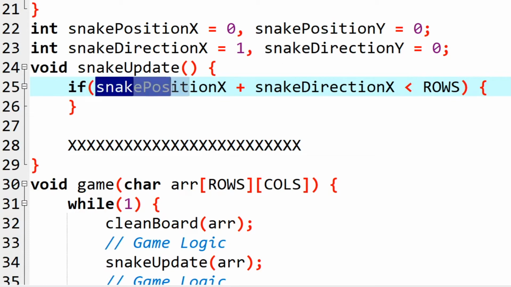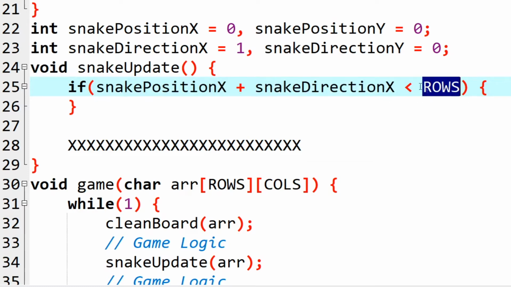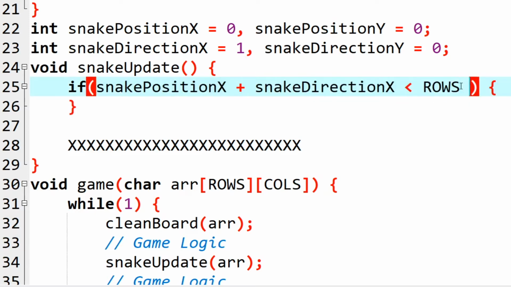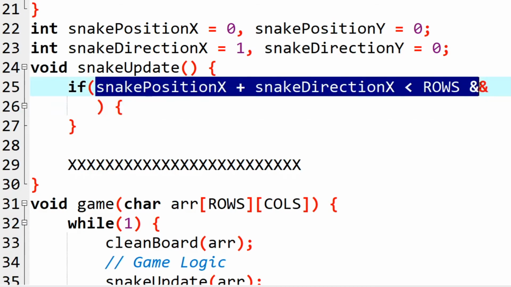Right, so if the snake's next move is within the screen size, let's call it screen width in the x, if it is within the screen width, then it's fine, otherwise it is not. Also, if the snake is moving left, this same logic should apply for left.